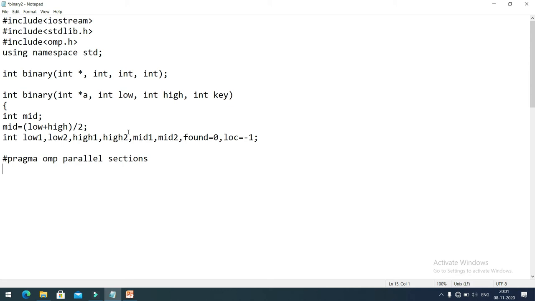That means these sections can be executed in parallel. Opening bracket, and the actual start of the parallel section, again pragma omp and the actual section.